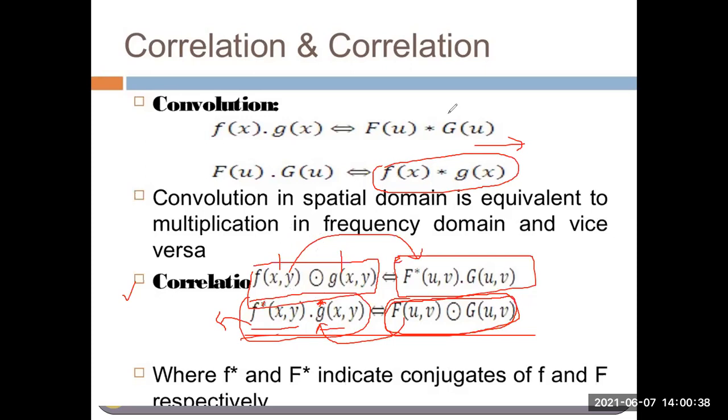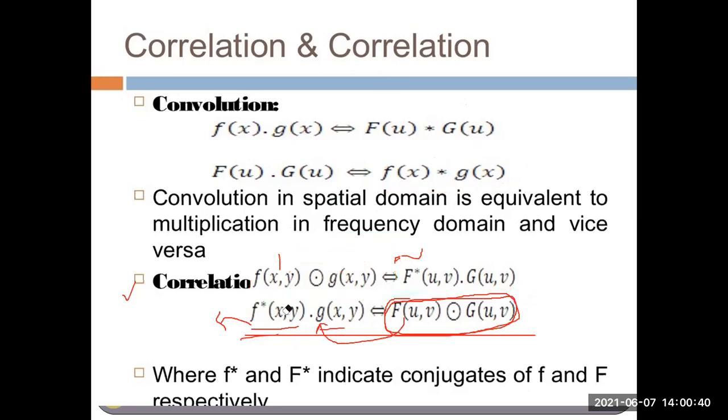So any question in today's class? Any doubt? What have we learned today? We have continued the properties of Fourier transformation. The first property we learned today is translation. If you translate the coordinates in the frequency domain, your amplitude will not change, but there will be some additional phase angle.